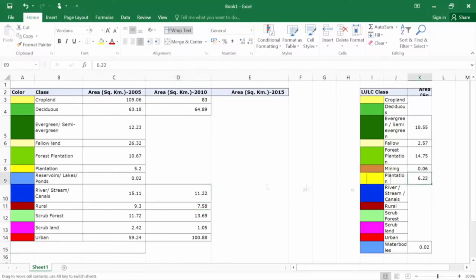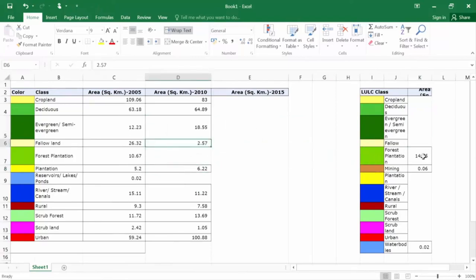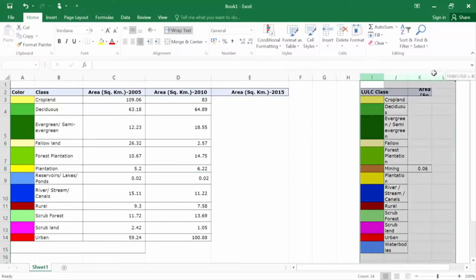Plantation also, it is somewhere here, and then this is evergreen forest. We can type it here. Then fallow land, fallow land is nothing but just agricultural land only. Forest plantation I can have. Mining area, and reservoir, lakes, and all those things are water bodies. So water bodies I can take into this part. Okay, so there is an extra 1.06 left, we can ignore it for the time being.